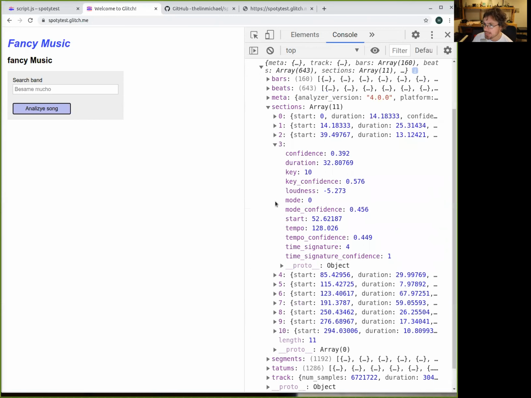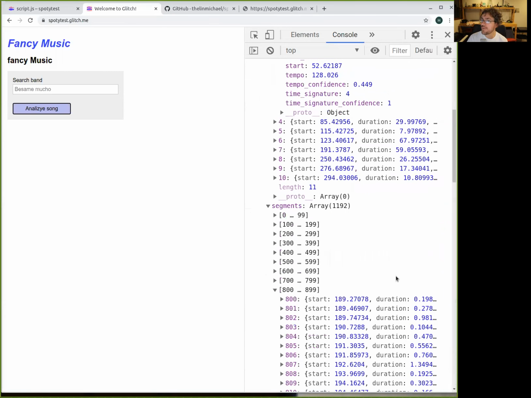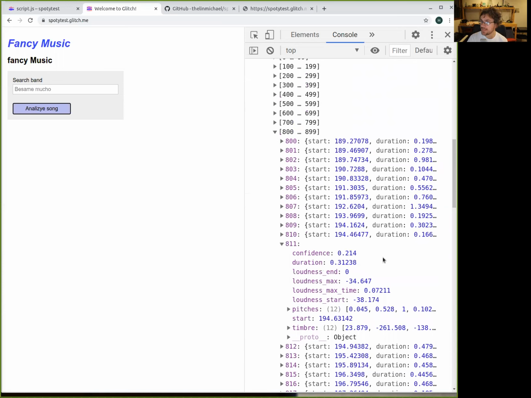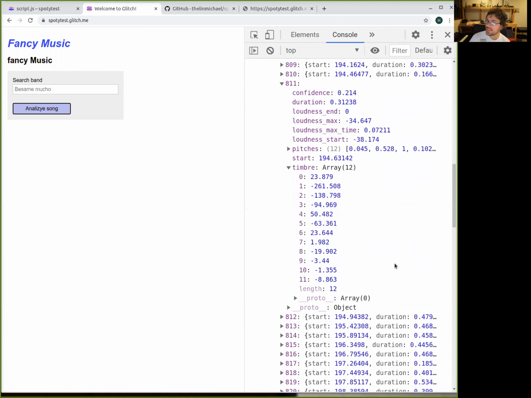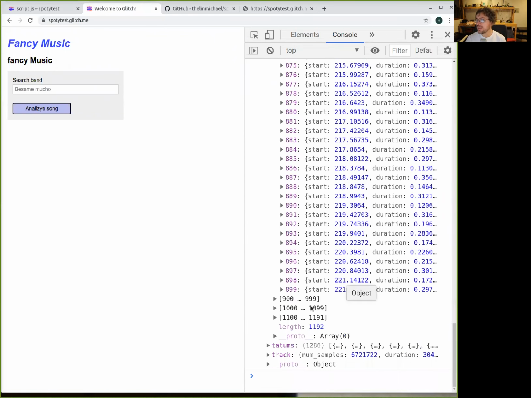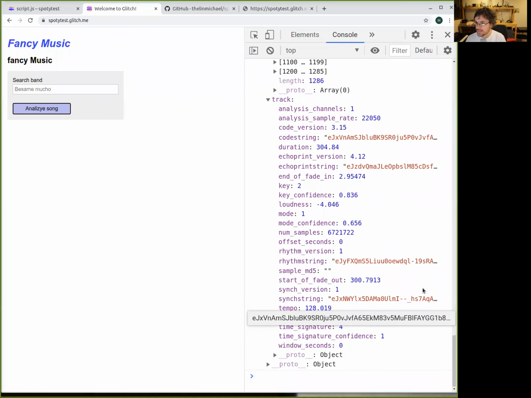And each section has a lot of information again: duration, key, confidence, loudness, mode, start, and tempo, okay? Then you have also segments. Segments are made more about pieces of chunk of sound, okay? With the quality of the timbre, this is a description. It's a complex description about how is the sound, okay? These kind of numbers are the ones that are being used, tatums, the moments where the attacks are happening, and the track. Okay, now this is just a little bit about description about the audio in general.